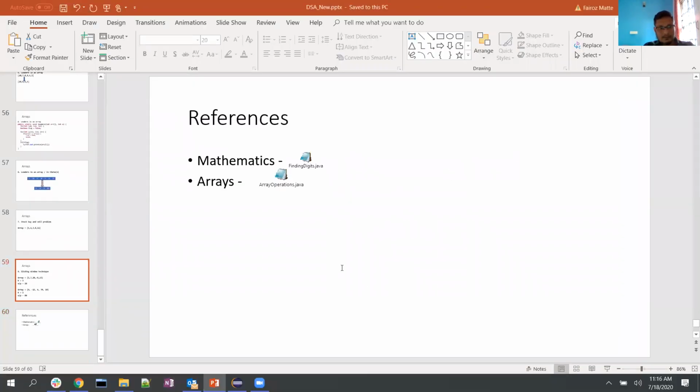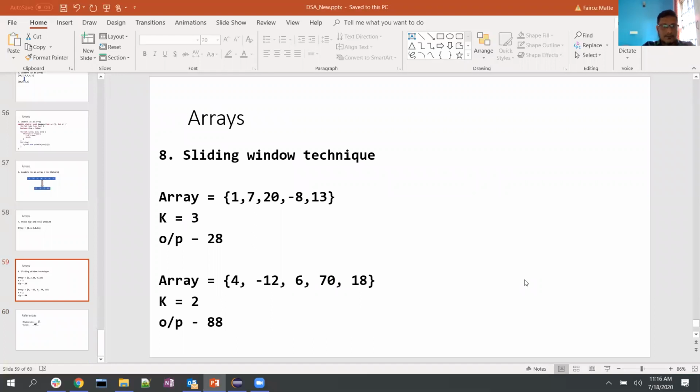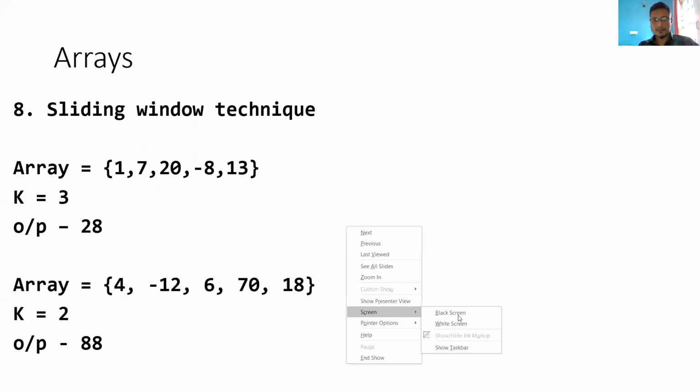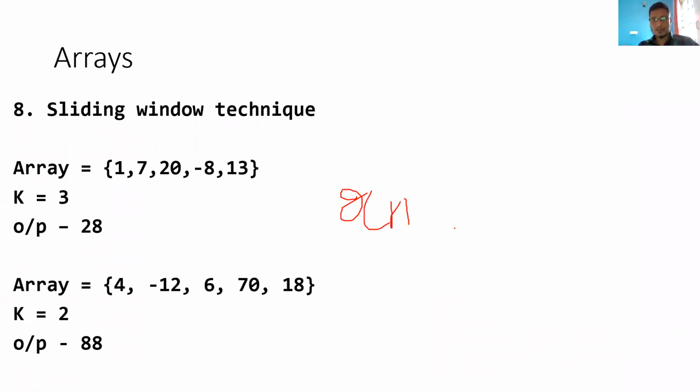Ideally, in the asymptotic notation, it will be theta of n, but in real life, it's like theta of n by k, right? Because you're effectively sliding by that window each time. Yeah, it will be theta of n minus k, not n by k, n minus k. Okay. So it will be theta of n minus k actually, because you started with this addition you have already done. Correct. Yeah. And then your increment will be based on that.